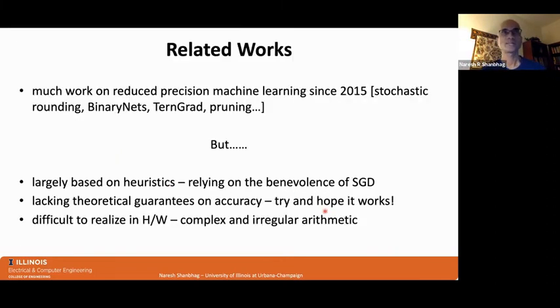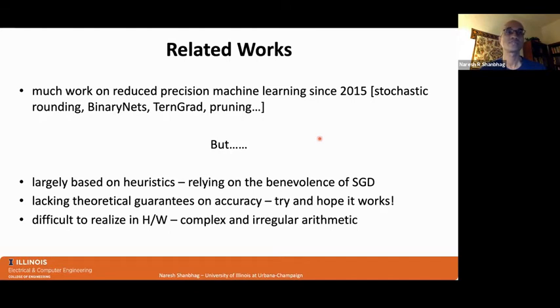Now, this question has been looked at since 2015, when the first paper, the first paper I'm aware of, came from IBM. They were looking at training in fixed point. And since then, a number of researchers have proposed low precision networks, particularly on the inference path, on the forward path. And if you read those papers, it's almost like saying, I'm going to use 3 bits and see what happens. And I'm going to train it with 3 bits.